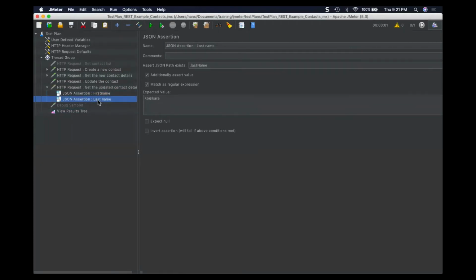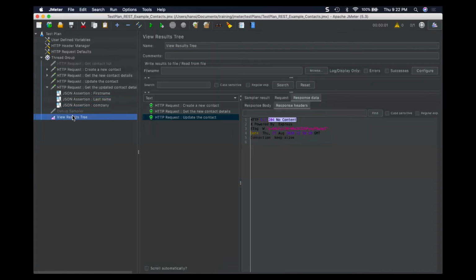In case of the company, let me take a duplicate again and verify the company. Company should be Pragmatic Labs.